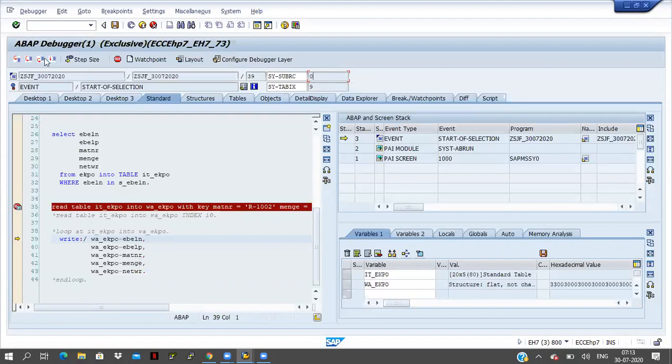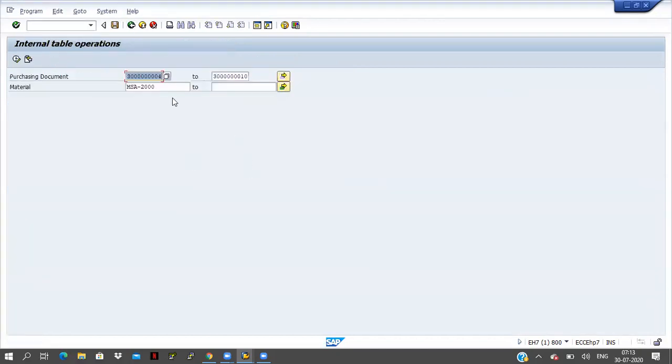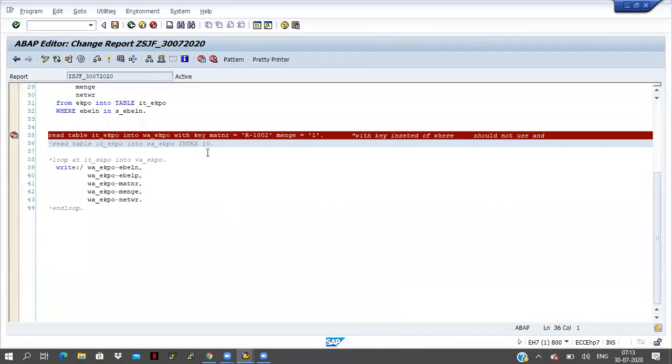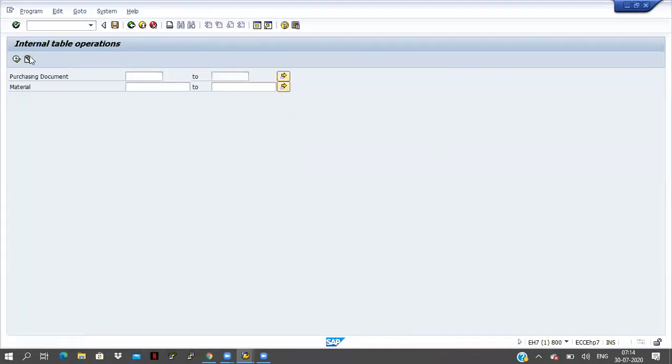Now I will give some wrong condition here. Just click on the back button, and here instead of 1 I will take 2. Now save this and activate this, execute the program and give the variants.